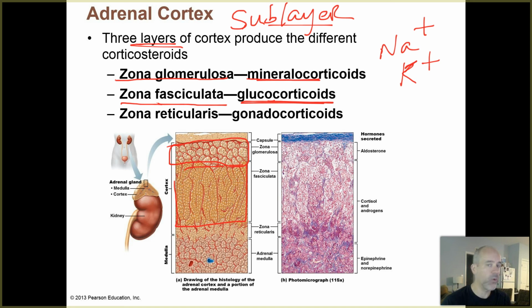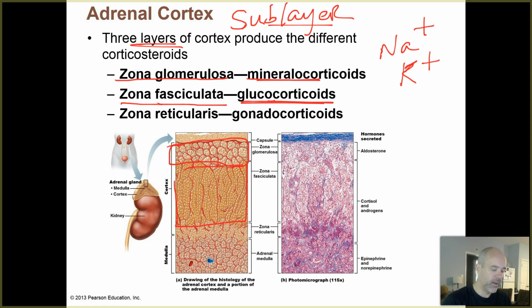Cortico is referring to the cortex, so when you see that, you know you're referring to something associated with the adrenal cortex. Gluco sounds like glucose, so hormones located in this area play important roles in helping to regulate glucose levels,